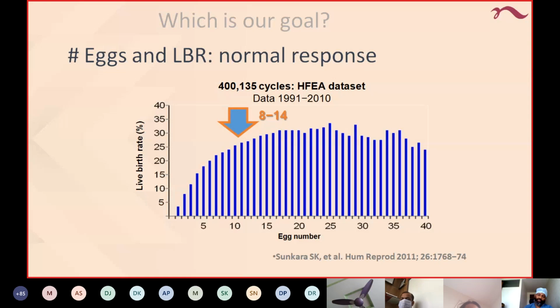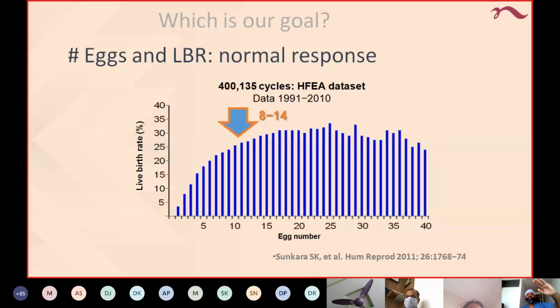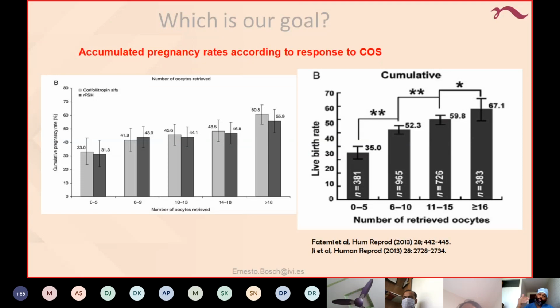It is seen by the data that when you have a higher number of egg yield or follicular yield, the pregnancy rate and live birth are both higher. You see the graphs here, the previous graph and this graph: live birth rates are increasing as your egg numbers are increasing, and the cumulative pregnancy rates are more. Cumulative pregnancy means if you have fewer eggs, maybe you will have one cycle of transfer. If you had more eggs, you may have two or three cycles. So when you have more transfers, the cumulative pregnancy rate is going to be higher.